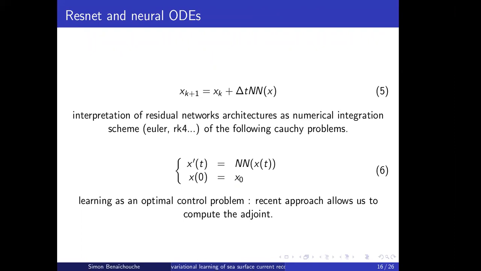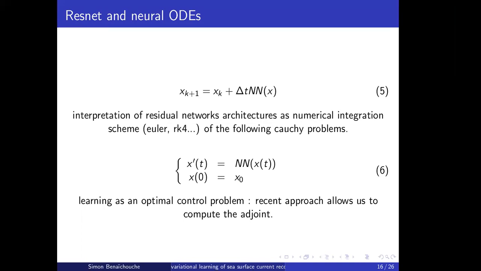And so we can explain, for example, if you have 8 days of observations, you can say, okay, the solution of my problem can be well explained by a solution of an ordinary differential equation. By this assumption, you ensure that an observation at time t plus 1 will be close to an observation at time t. And we are going to learn these equations.